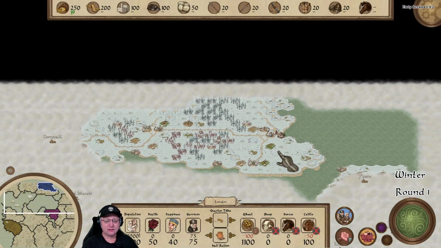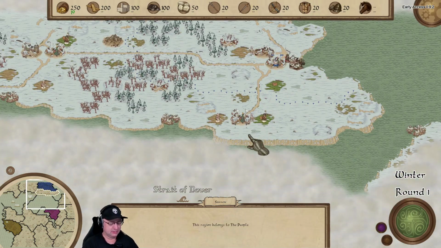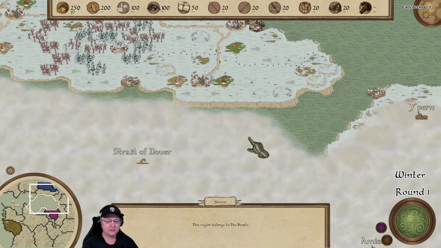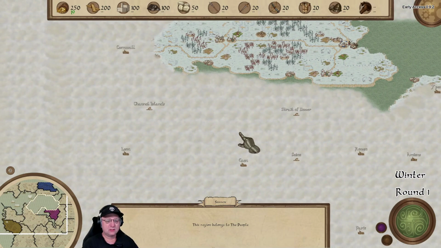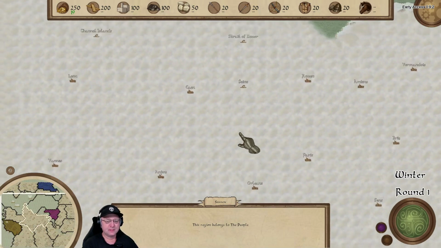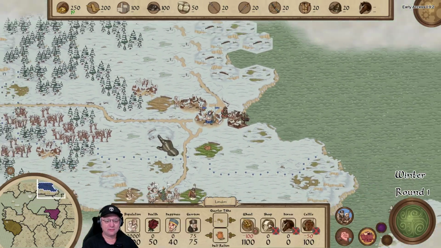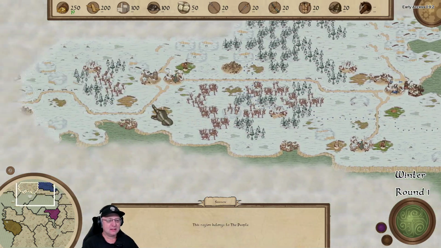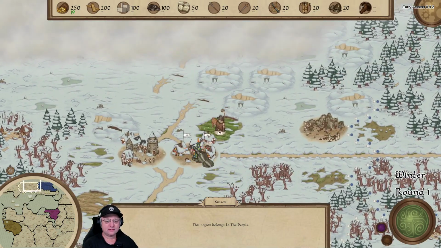So, here is our interface. We are apparently this nation up north. And let's see, WASD does move the map around. That's always good. The Straits of Dover, Cornwall, Channel Islands. All right. We're going to be spending most of our time just drilled in right into this space for a while till we get through the initial turns and seasons, and then I assume we're going to expand to the west. So is this